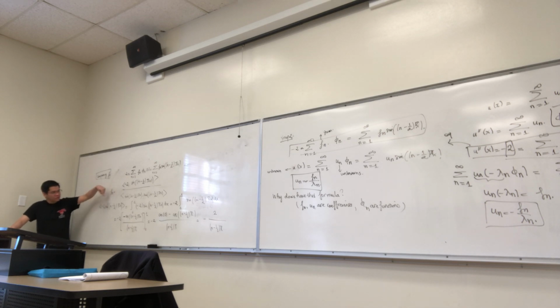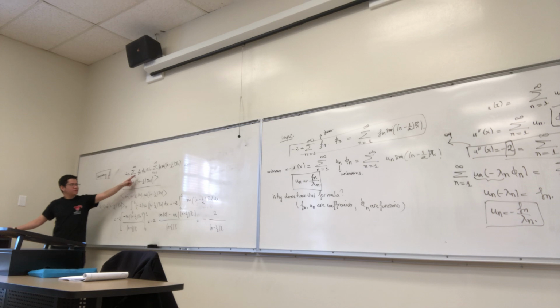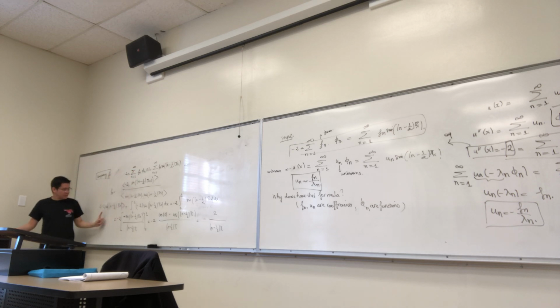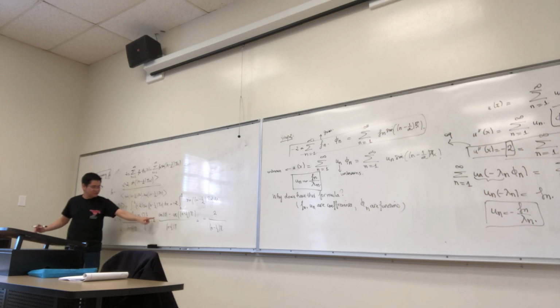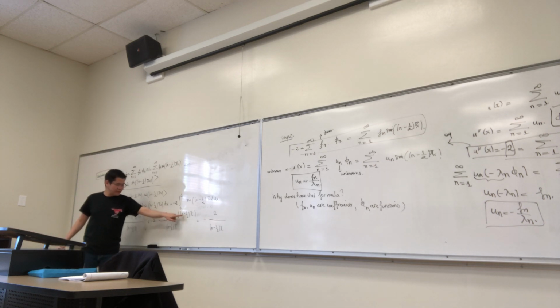Right, so now in order to compute the Fn, you multiply phi n with minus 2 and you divide that by phi n squared. When you multiply phi n with minus 2, what you have is the integral from 0 to 1 of minus 2 sinus of this thing. The antiderivative of sinus is cosinus, so I have minus cosinus of 0 minus cosinus of (n minus 1/2) pi, and I have to divide by,